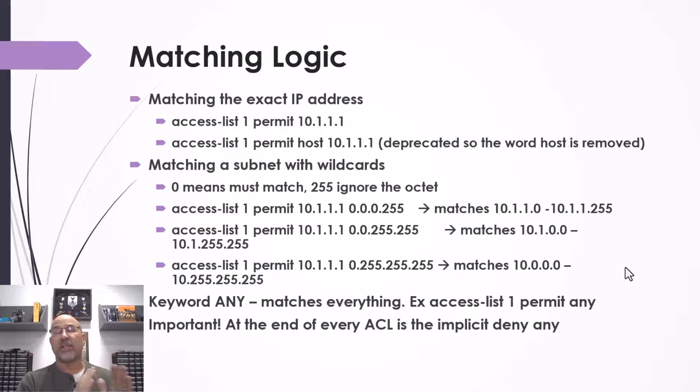Now, just like a default gateway with net masks, all 255s in a wildcard mask means I'm going to ignore everything, and all zeros means match this particular IP address. A wildcard mask of 0.0.0.0 would match a particular IP address. We can use the keyword any, but that's letting everything through, so you've got to be a little bit careful about it. So let's take a look at 2 more examples if we were going to address that other host